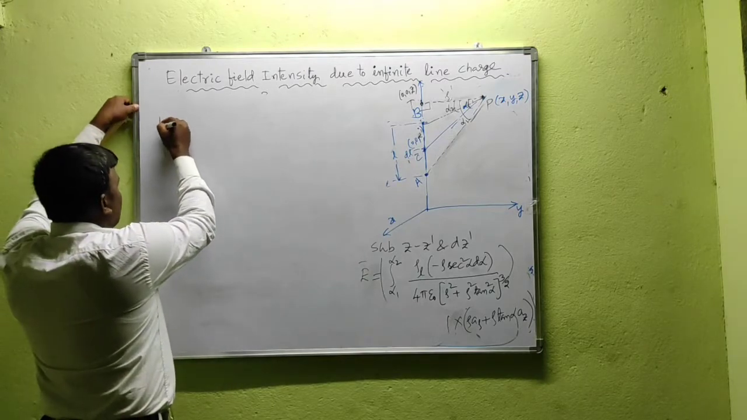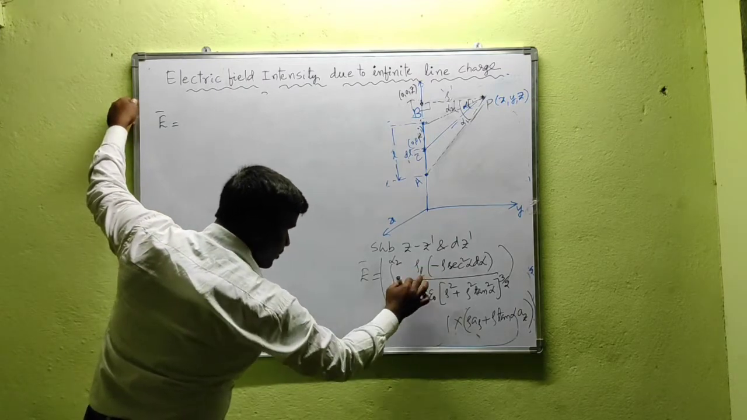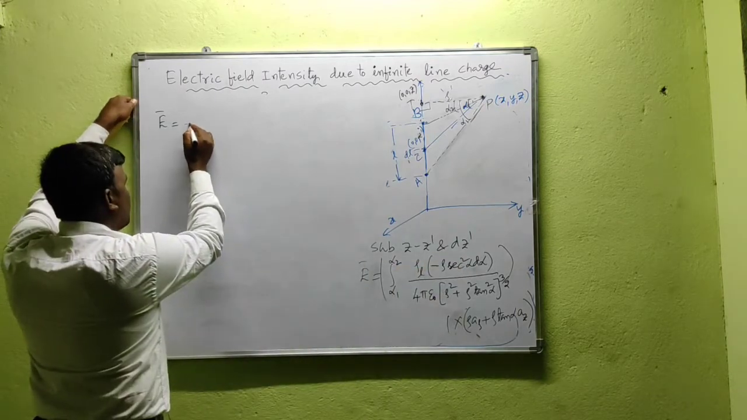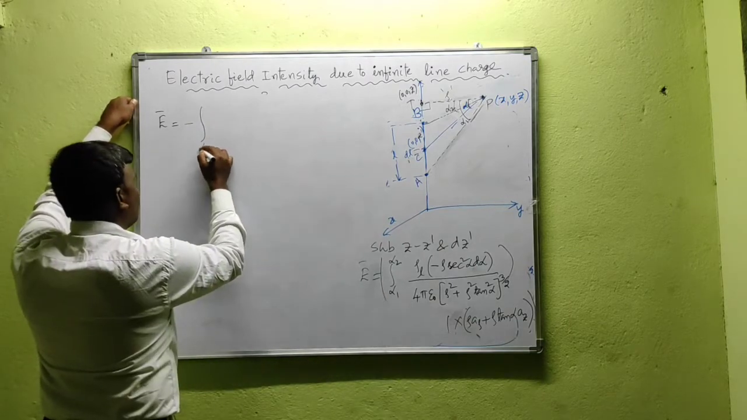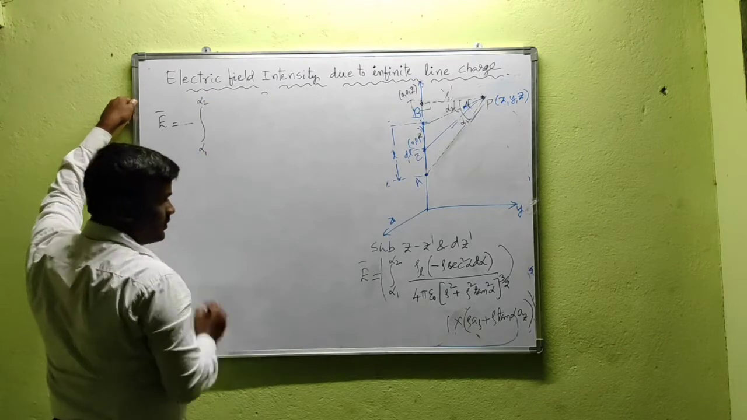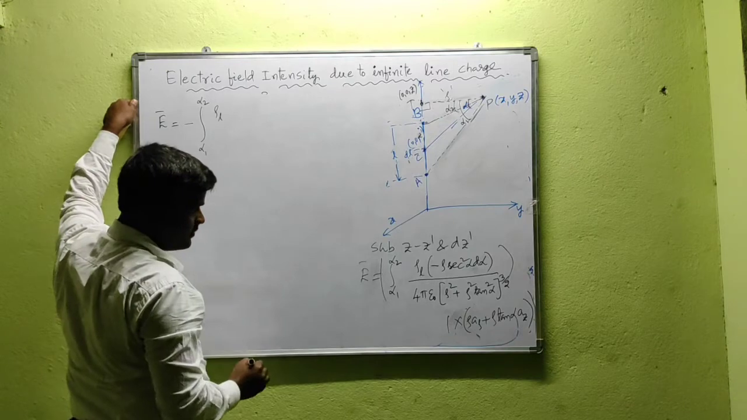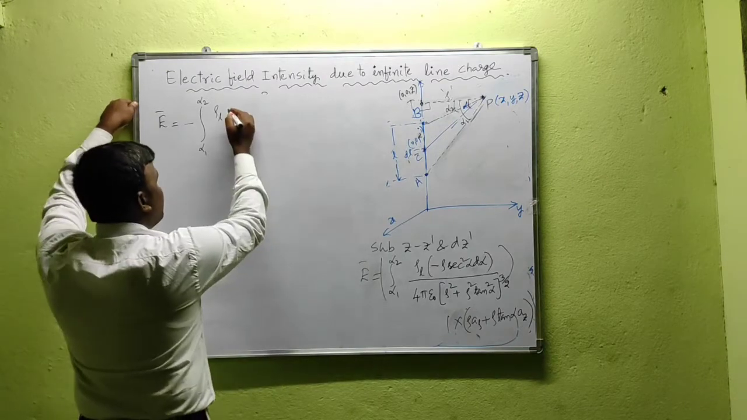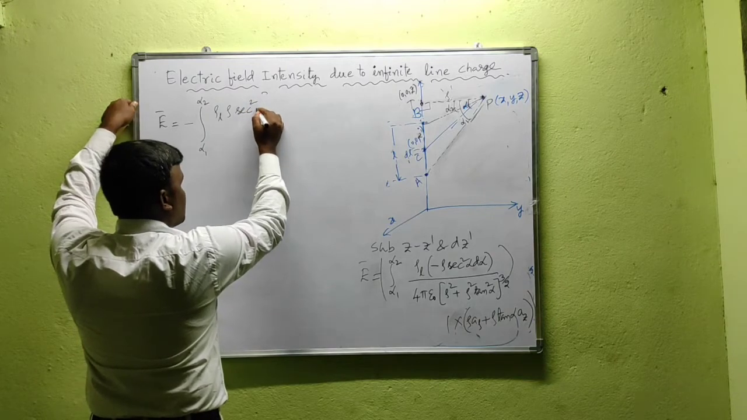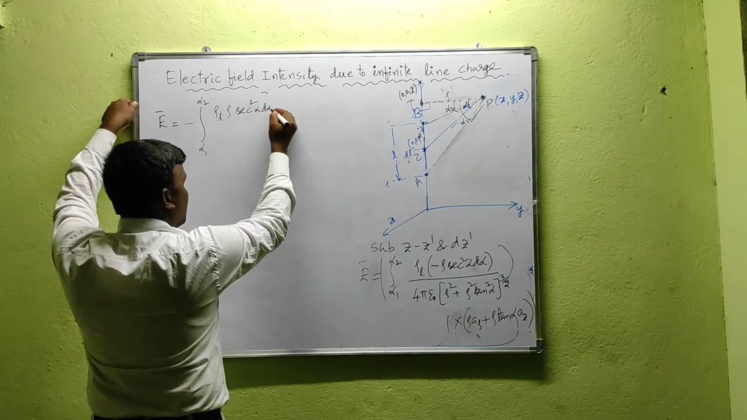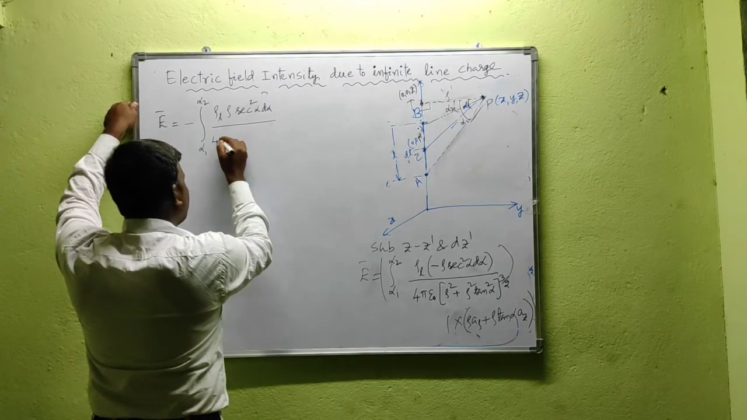E bar equal to what? Now write clearly E bar. It is minus, okay, rho L into minus. I am writing that minus sign here. Integral, integration is from alpha 1 to alpha 2. Rho suffix L, that is line charge density, rho L, into that rho secant square alpha into d alpha by 4 pi epsilon